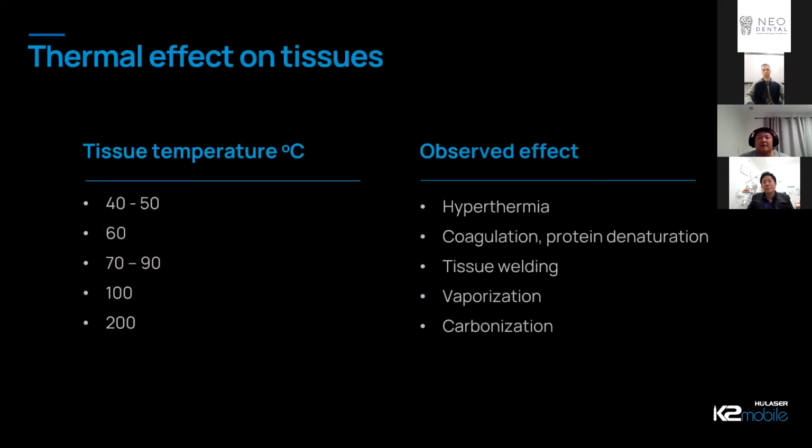What you can see here is that at different temperatures, as you increase the power output of the tip, you get different sorts of reactions. So at a very low level, and we're talking like 0.1 wattage, it warms up the tissue where you point your laser to about 40 to 50 degrees, and this warmth actually increases circulation, and that allows for improved healing speeds, and that's the whole photobiomodulation thing I was talking about, or low level